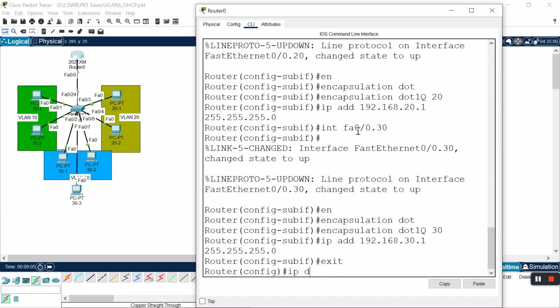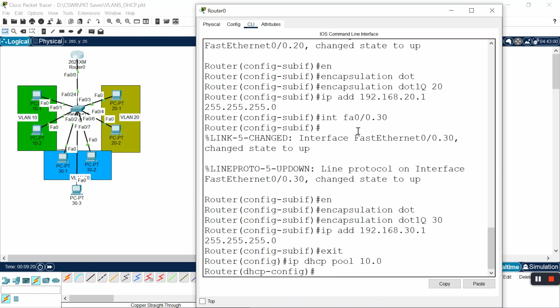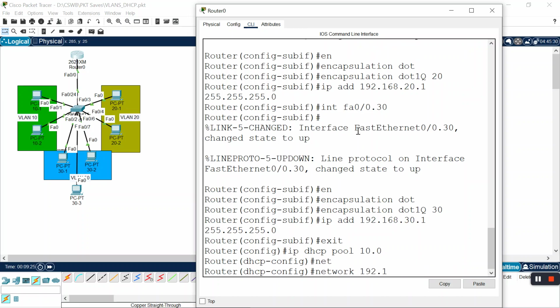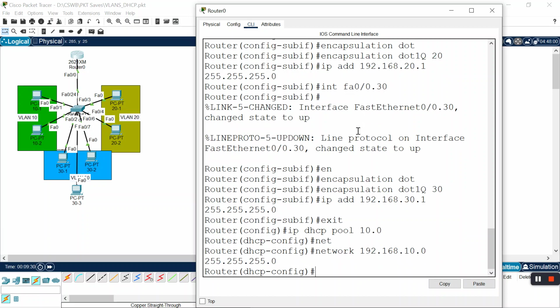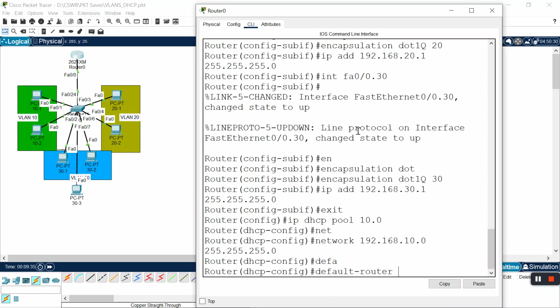The next step is to configure the DHCP server, and the pool name will be the network ID that I will be using. Since the first pool will be 10.0, I am giving it the name 10.0, and the network that we will be running is 192.168.10.0, and the subnet mask, and the default gateway. The command for default gateway is default-router, as we have already seen in our previous videos. So let's give the IP address